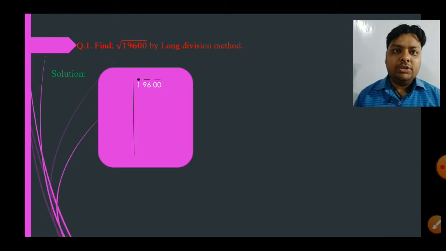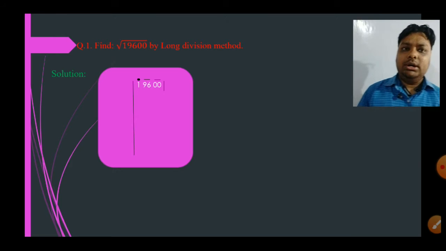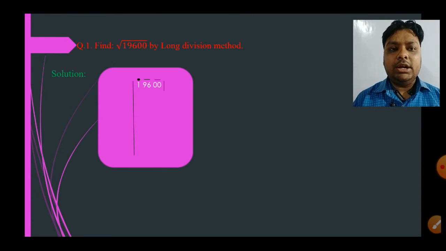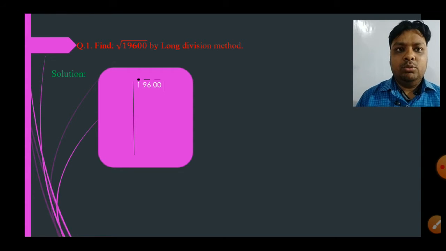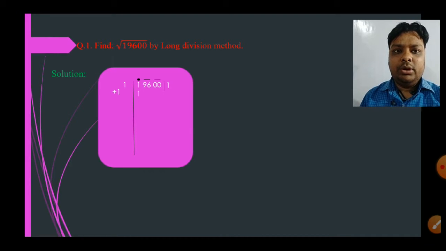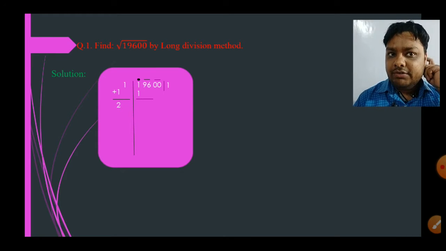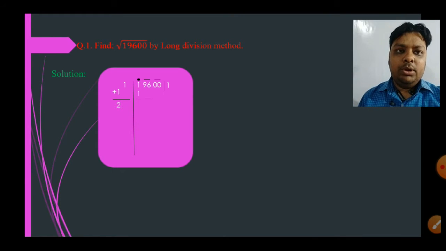Now the first period is 1, so we will start with 1. So 1 into 1 is 1. We do not take 2, because 2 times 2 is 4, which is more than the first period, so we will take 1, and we will write 1 three times: 1 in the divisor and 1 in the quotient. Then we will write 1, the product of the divisor, just below the first period. Then we will add both the divisors, 1 plus 1 is 2, and we will subtract the product of the divisor from the first period, and we get 0. Then we will note down the second period just beside it, 96.